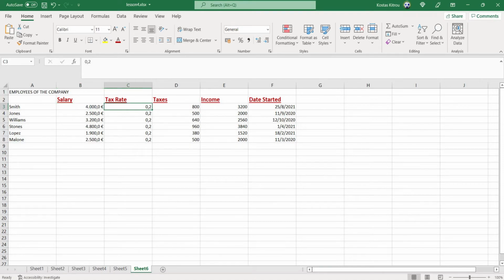The tax rate is 0.2 there, which means that if the salary is multiplied by 0.2, then you get the amount of money that each employee pays for taxes. So it would be much better if the tax rate was expressed as a percentage. So I can format those cells to show 0.2 as 20%, which is the actual tax rate